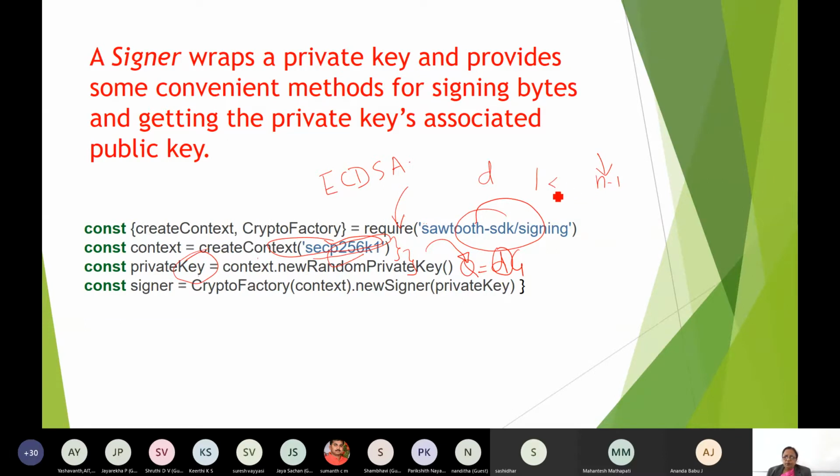Okay, d should be chosen within this. That happens with these software, right? And now you are having the signer here. So it uses this module, takes the context, and it will assign the private key, whatever has been generated. So Q and d: d is the private key and Q will be the public key. Like this only, there will be an algorithm for the associated public key also.